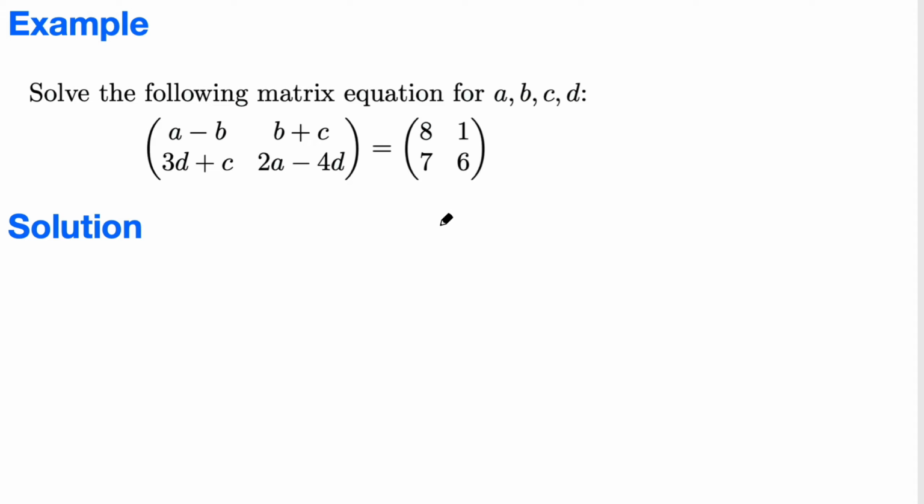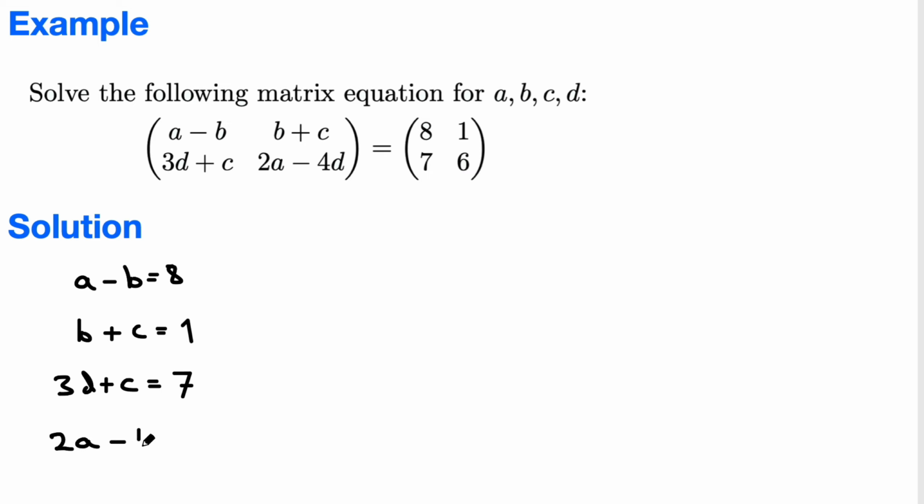So this is basically a system of equations, right? So what we want is A minus B equals 8, B plus C equals 1, 3D plus C equals 7, and 2A minus 4D equals 6. So this is a system of equations, and we have four variables A, B, C, and